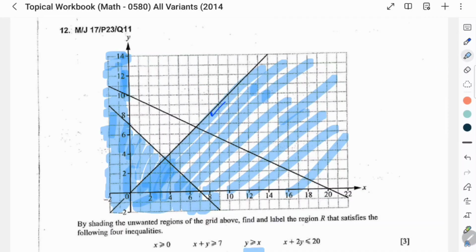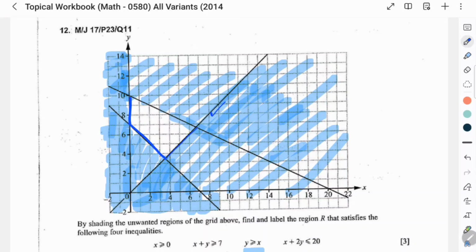The last is x plus 2y is less than or equal to 20. So the y-intercept will be 10, because 20 upon 2. Less than means below the line is the region, so you will shade above the line. So you found the region,